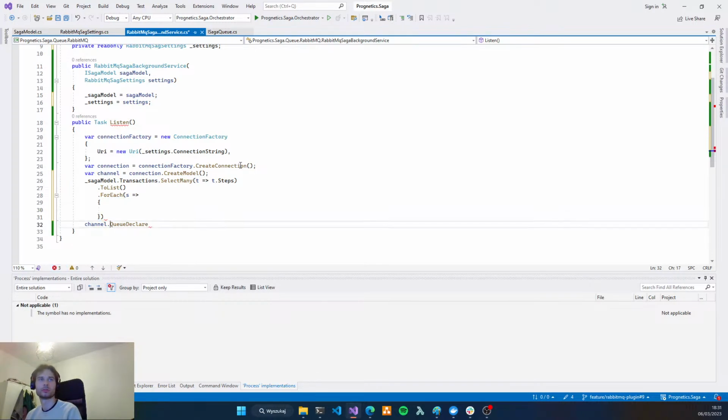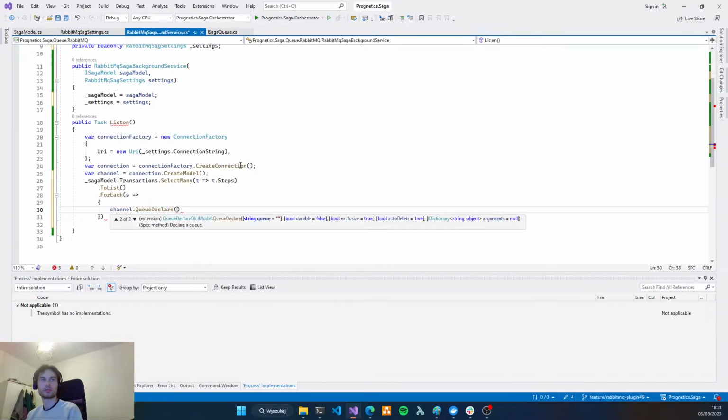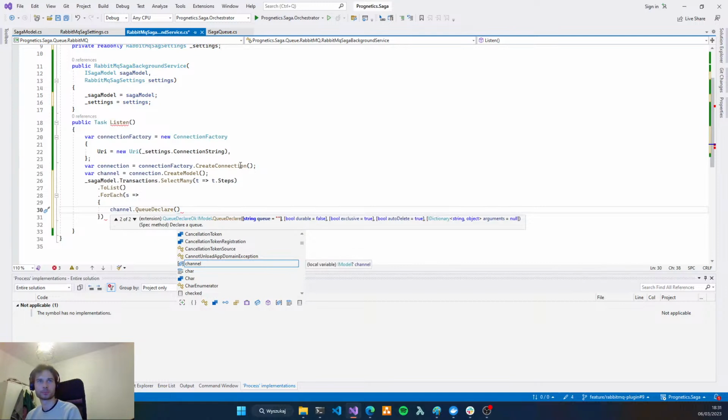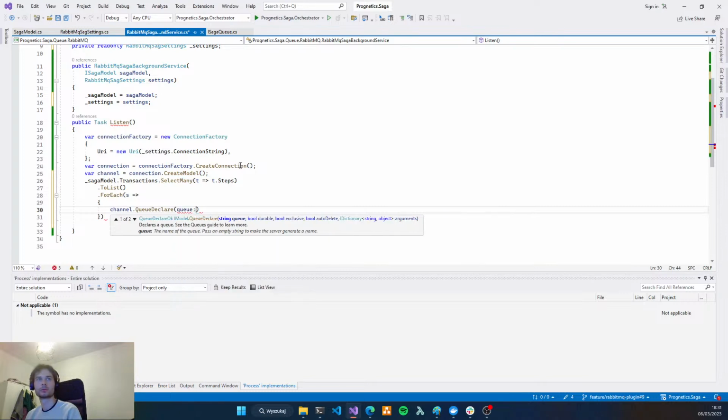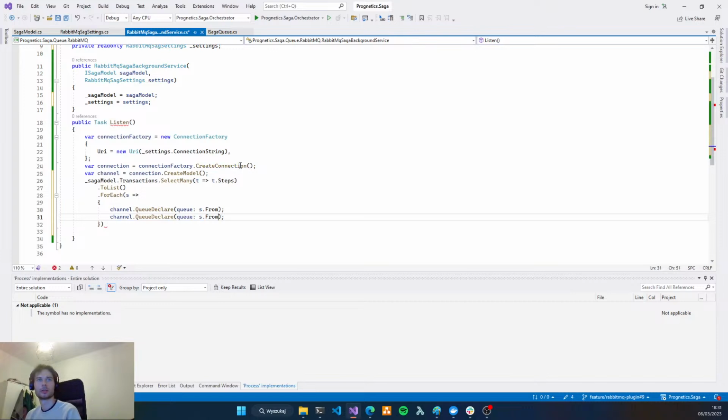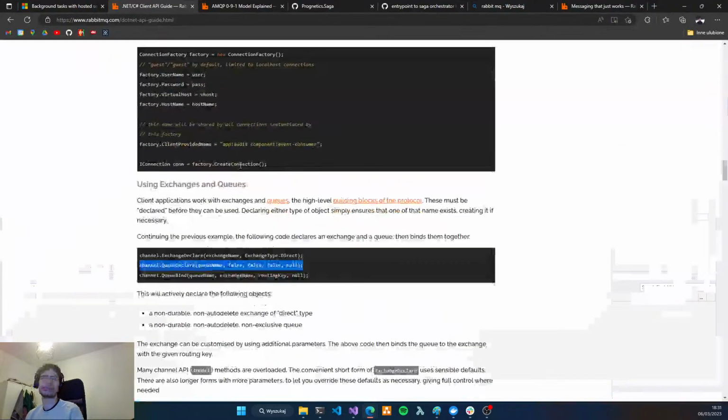declare string queues, from and to. Okay, let's go to the documentation.